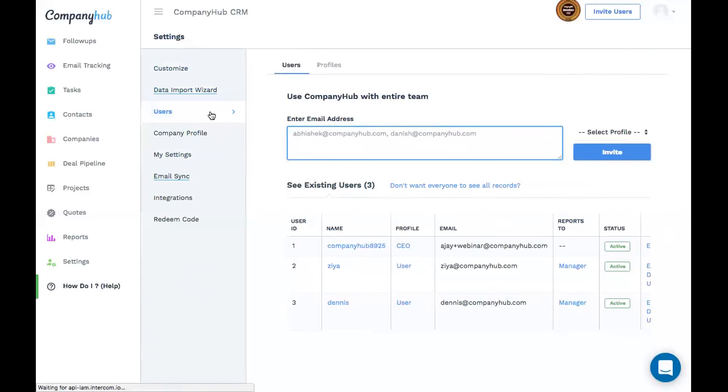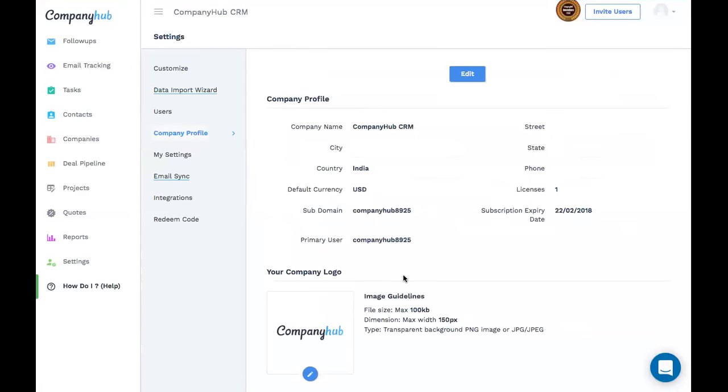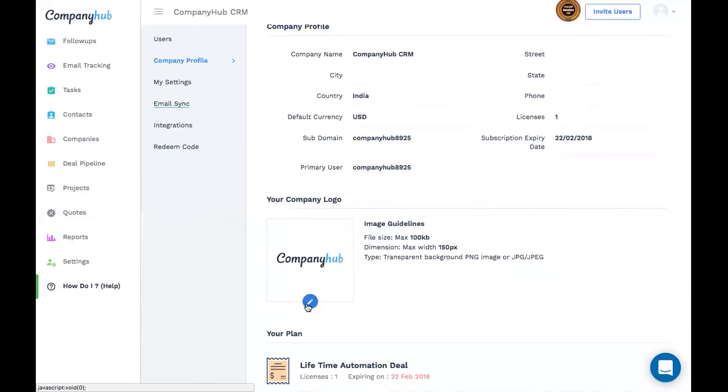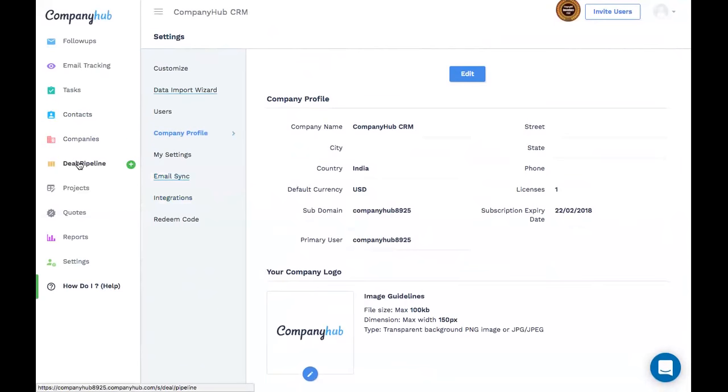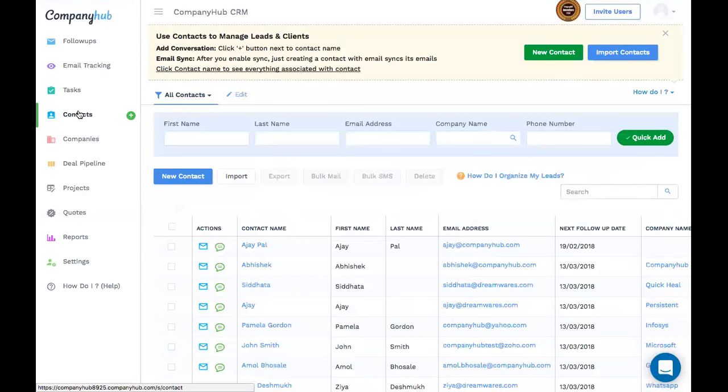So this was all about whatever you get in the settings. You can also change the logo here and replace it with your own company logo directly from here. So yeah, that was pretty much about how efficiently you can handle your sales